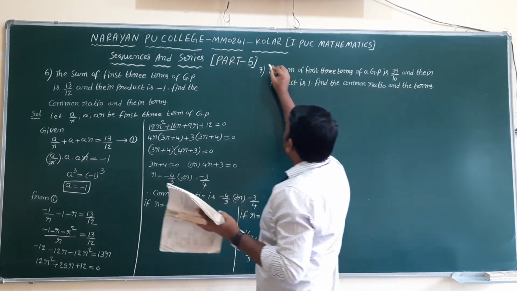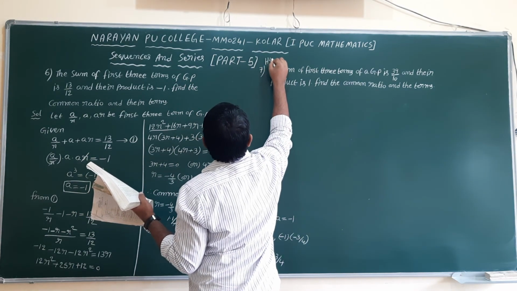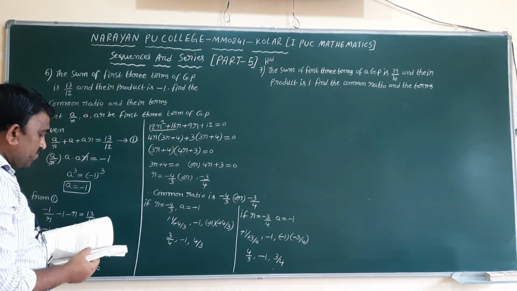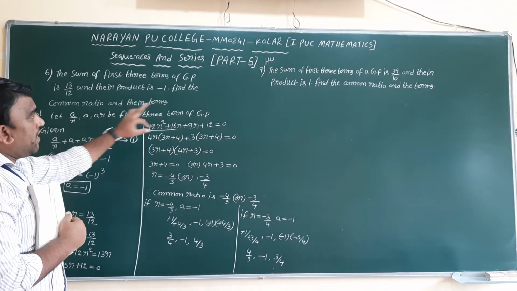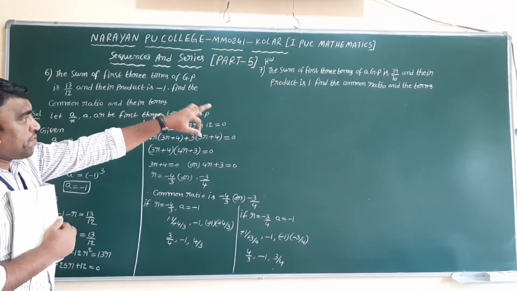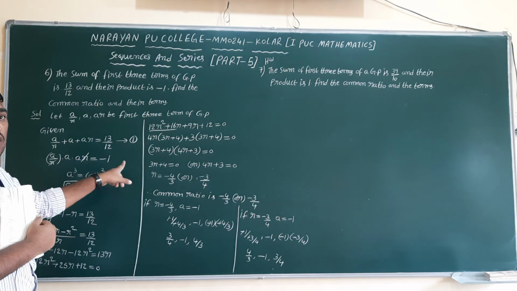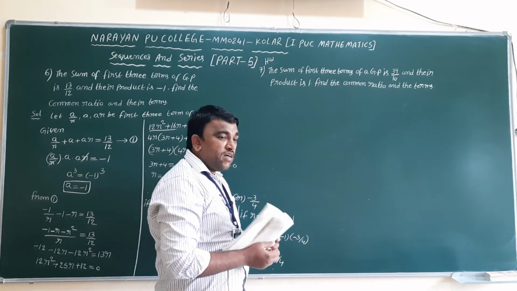This is same model, how we did same procedure, just values only change. You can do the homework. So same model, you can take A by R, A, AR, here also same thing. And product is 1, means A by R into A into AR equal to 1 you can take. From that A value will get, A value substitute in the sum will get the R value.